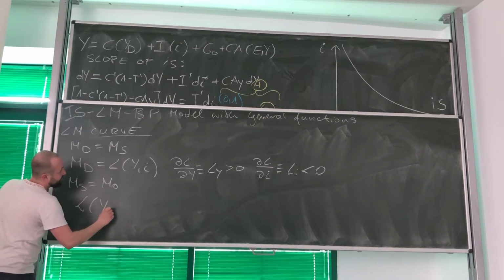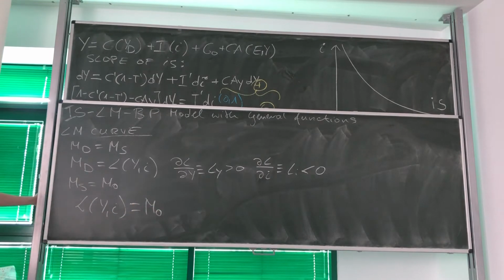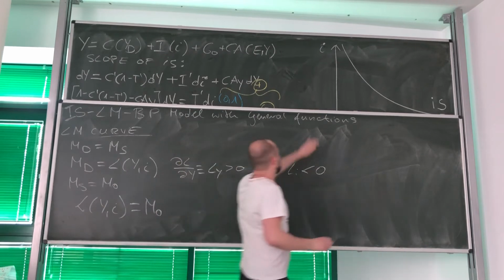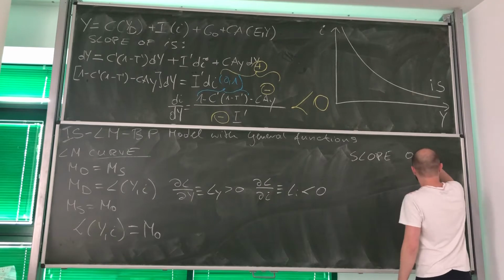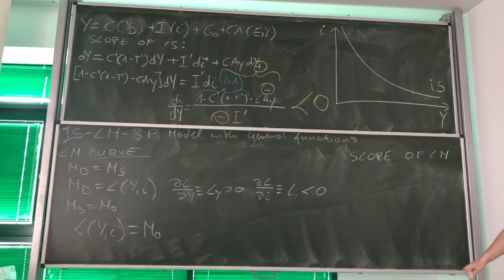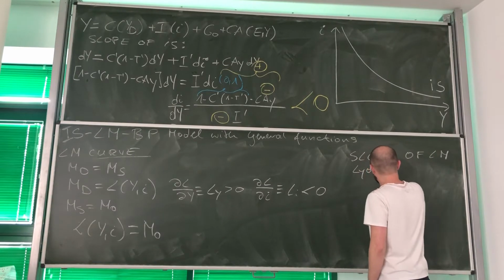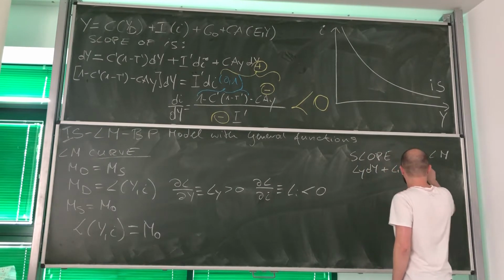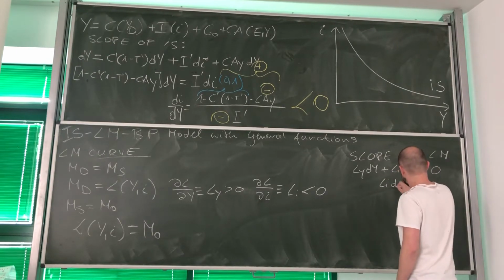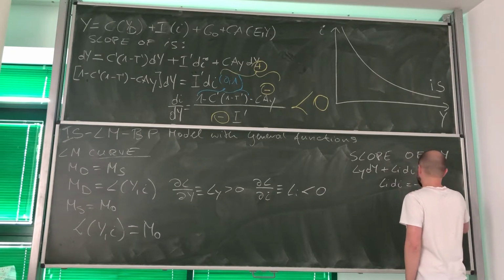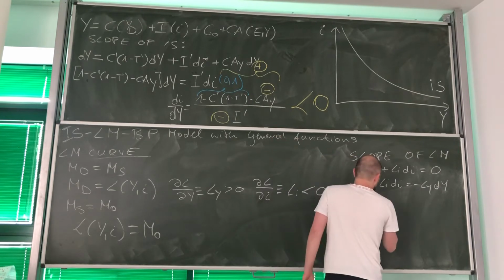the entire model could be condensed into one equation, and in order to get the slope of LM, we need to differentiate with respect to income and interest rate. So we get Ly dy plus Li di equal to 0. Once we rearrange it and divide both sides by dy and Li, we get the slope